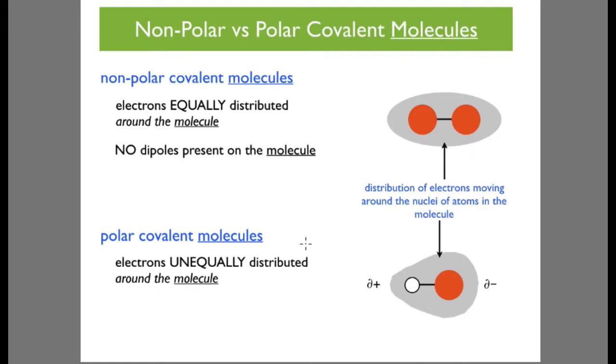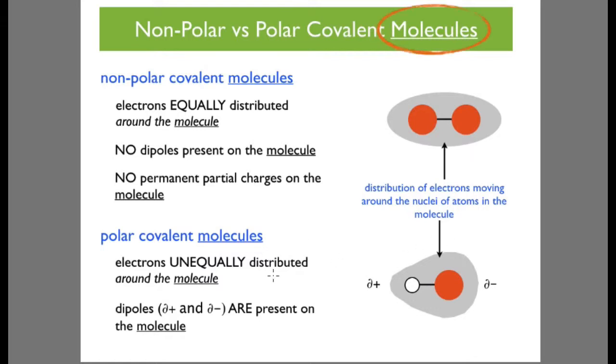For polar covalent molecules, the electrons are unequally distributed around the molecule, and dipoles are present on the molecule. So, for non-polar covalent molecules, no permanent partial charges are on the molecule. You can see this is perfectly symmetrical. The electron cloud is perfectly symmetrical,